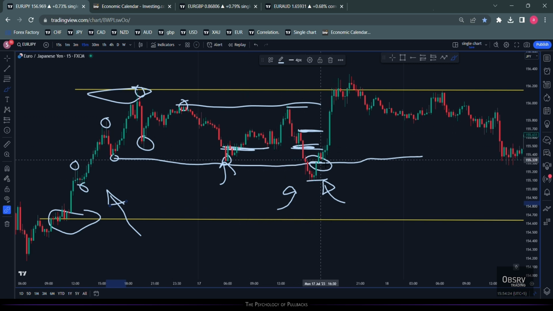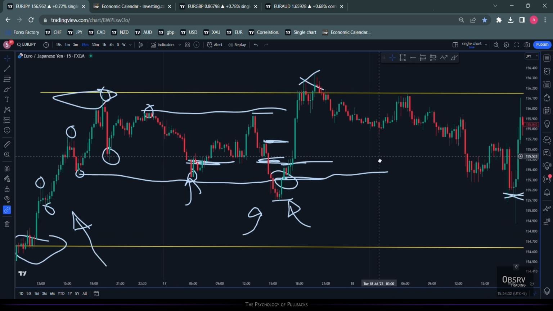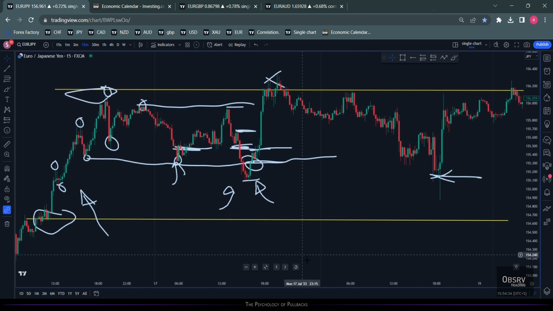Now, I personally could not find an entry on this, but the territories start shifting here, goes all the way up to there, but it had to turn into a higher time frame trade, right? So a bigger time frame needed more pullbacks to come in so that it can buy more. Now, it goes up to there, cannot make a higher high, fails to make a higher high, starts putting in